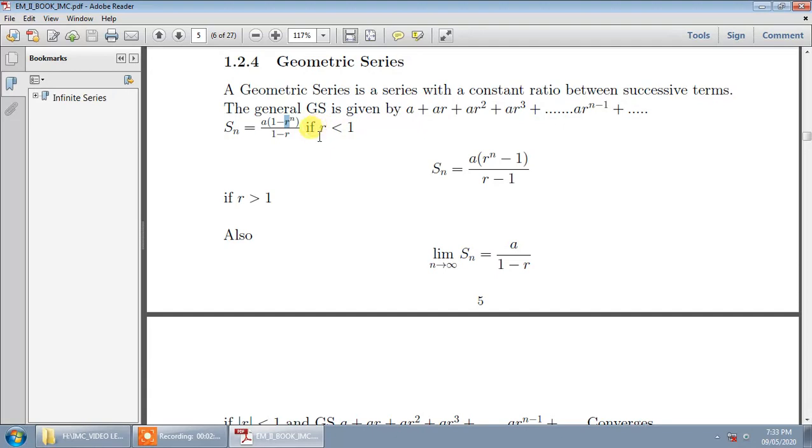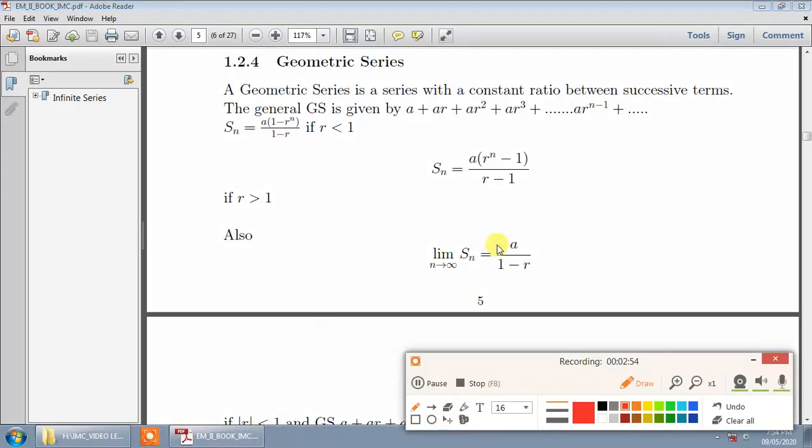That is, positive values of r should be less than 1, and greater than 0. So values of r will be in between 0 and 1, and the values in between are 0, 0.1, 0.2, 0.3, 0.4 and up to 0.9999. Now you observe that if I take limit n tends to infinity, we get ar raised to infinity, and that is the whole series, the infinite series, which is the geometric infinite series. Its value is given by limit n tends to infinity of Sn, and that formula is a inside the bracket 1 minus r raised to n, divided by 1 minus r.